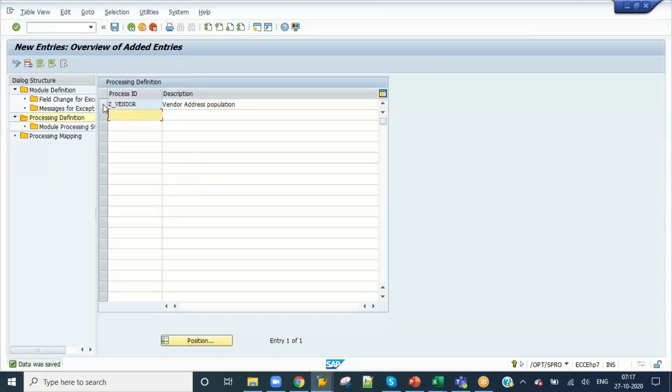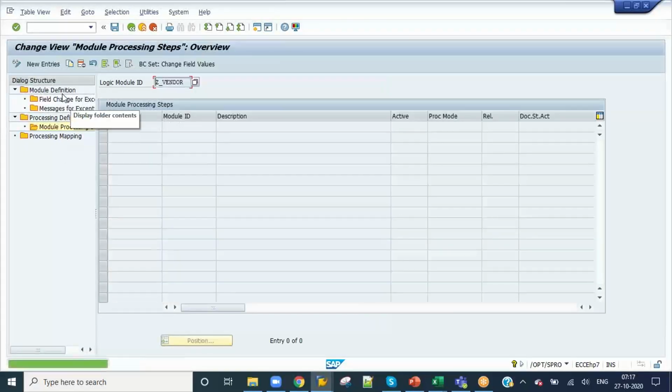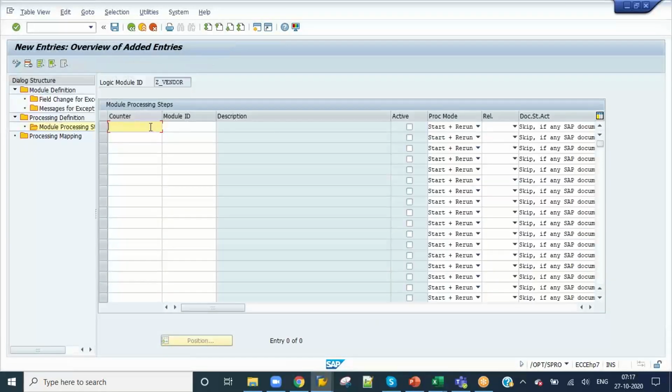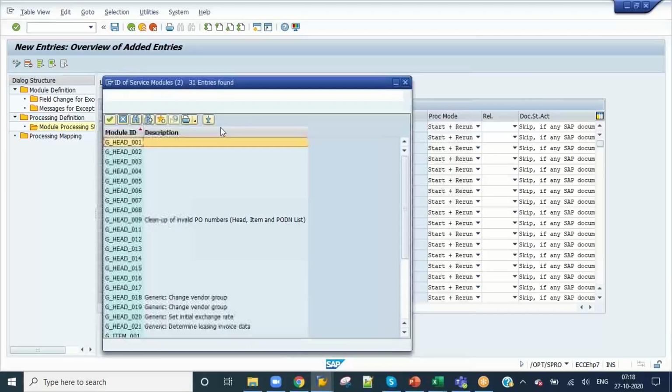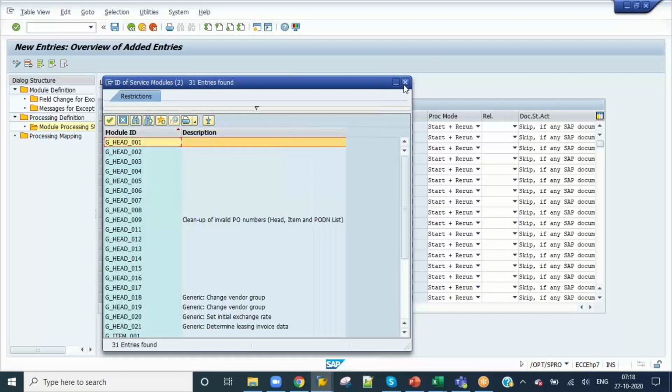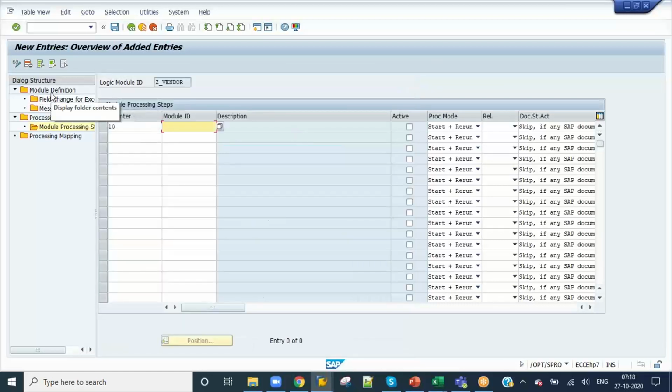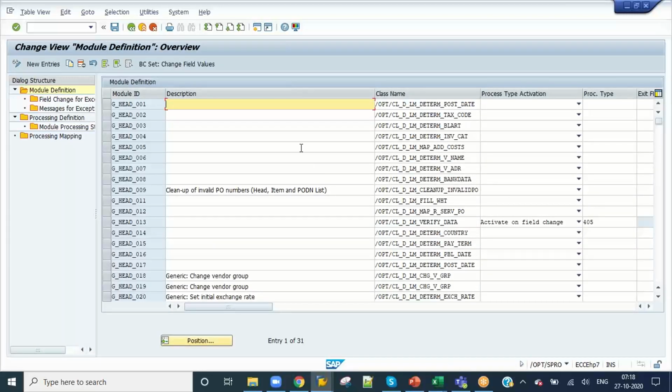So after that, I need to select this and click on module processing steps. Here we are defining at what stage this logic should trigger. Whether you want to trigger this logic initially, or whenever you click on apply rules also, that you are defining. So I'll go here and copy the vendor address one, that is G head